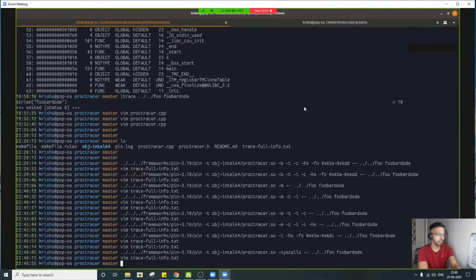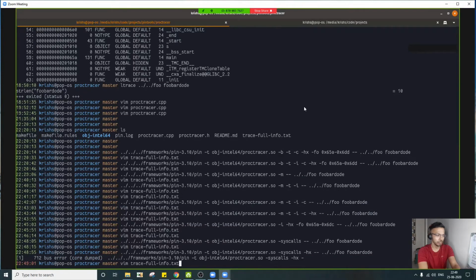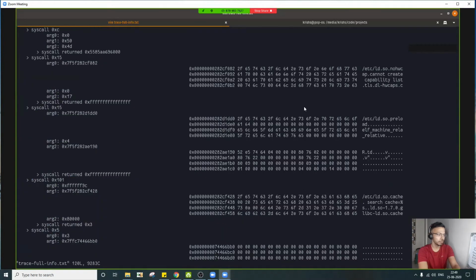With this hexdump HX argument, it should be able to also dump the contents. Right now it is crashing for some inputs, which I'll look into and fix. But you can see that if this pointer is being referred, this pointer points to some entries like this. So this is also quite useful to inspect syscall contents or analyze what syscalls are being invoked, and basically the parameters dynamically.